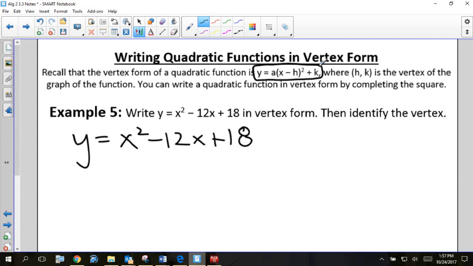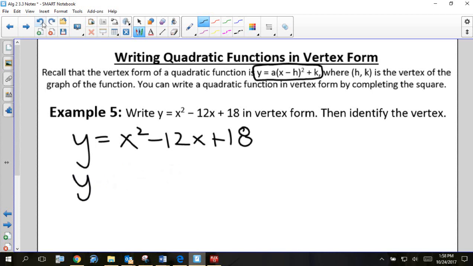is that yesterday we didn't have a y. What did we have over here instead of a y? We had a 0. You're going to do it the exact same way, only now we have a y, so I'm going to leave it as y. So the first thing that we did yesterday was what? Subtract the constants. Yes, so I'm still going to do that. I'm going to move the 18 over and make it a negative 18. So I have y minus 18